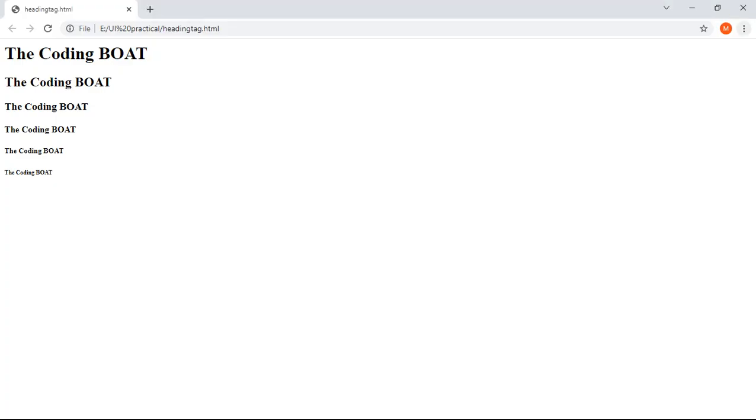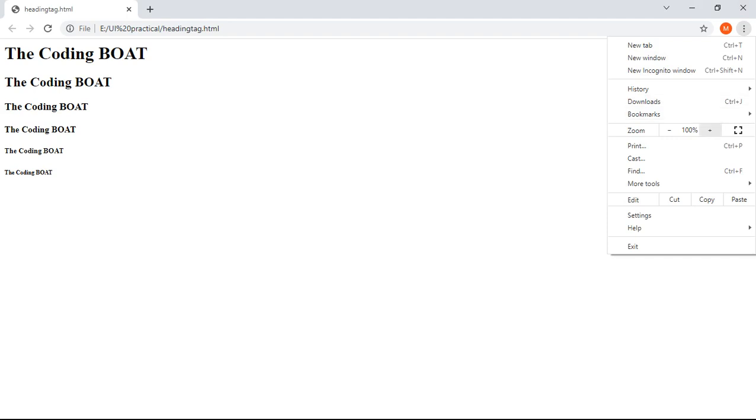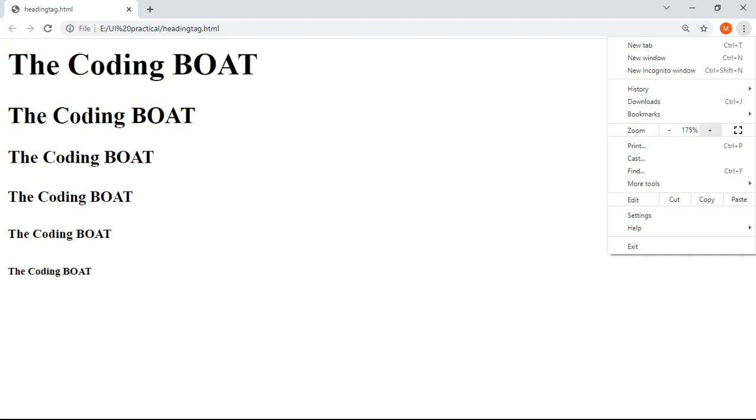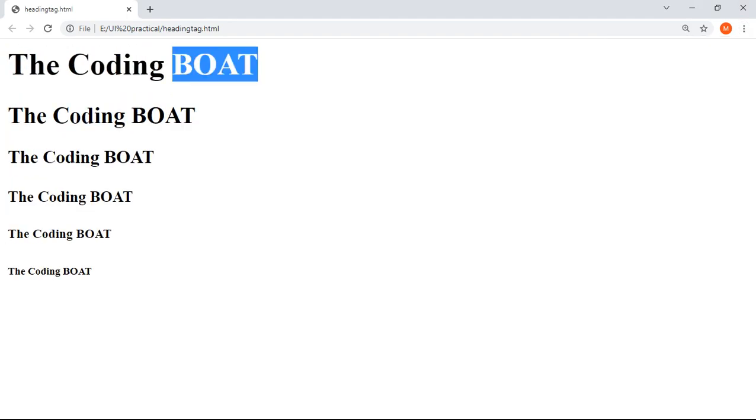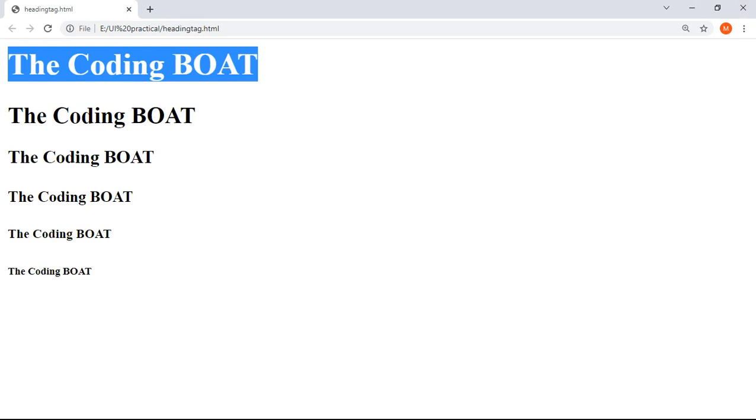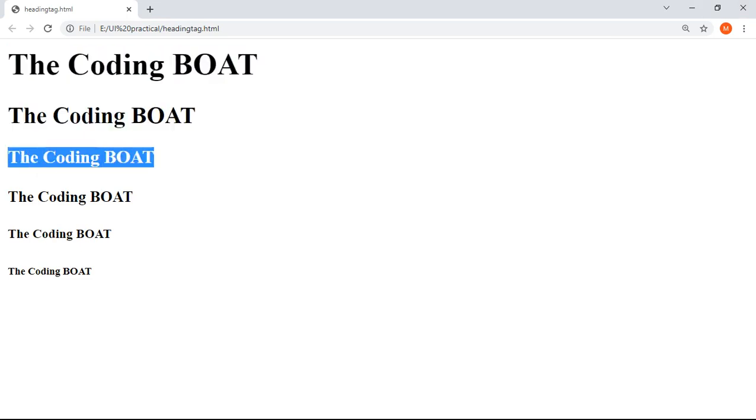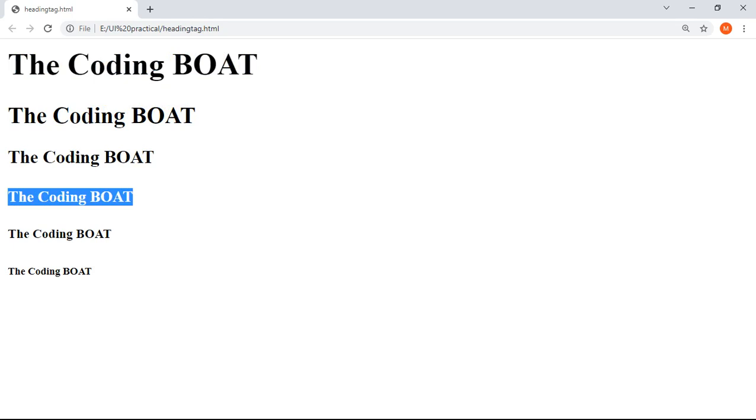Understood? Let me increase the size for better understanding. See here, this is h1, this is h2, this is h3, this is h4, this is h5 and this is h6. Understood? What is the difference between h1, h2, h3, h4, h5 and h6?